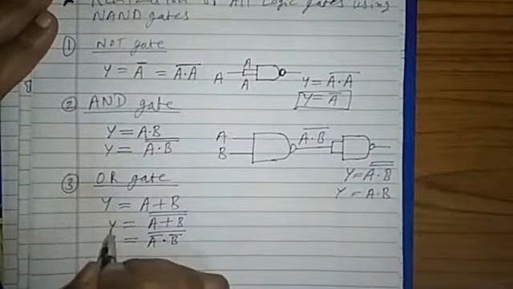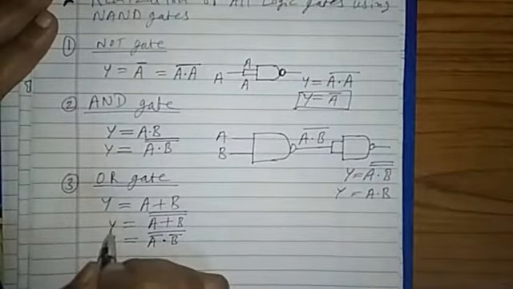Did you understand this? Therefore, I take A and short the inputs, and this is A bar. B I also short the inputs, and I get B bar. A bar and B bar are connected to one more NAND gate. I am getting this expression: (A bar dot B bar) whole bar. But one more complement is there. Therefore, I will connect the NOT gate implementation here, and I make that Y.